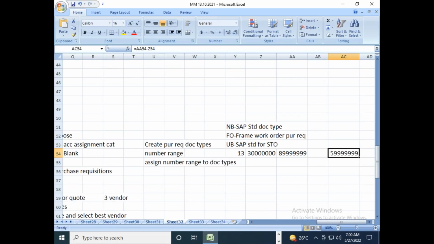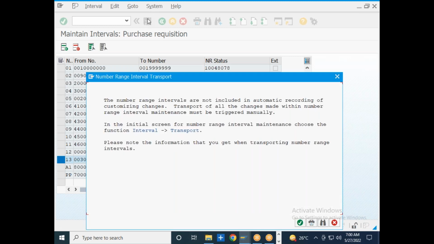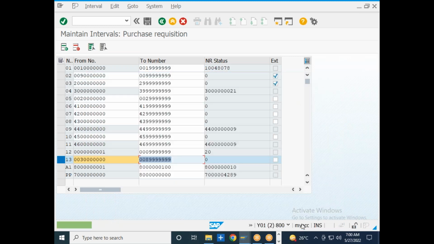I can create purchase requisitions up to 59999. Those many requisitions I will be able to create. So I just save it, which is nothing but an internal number range. So I can save it over here. Now I will go back